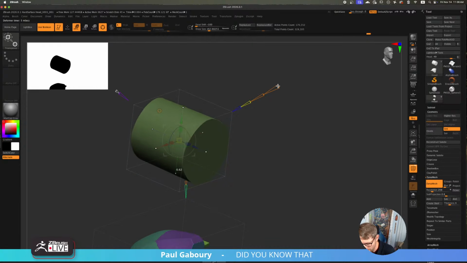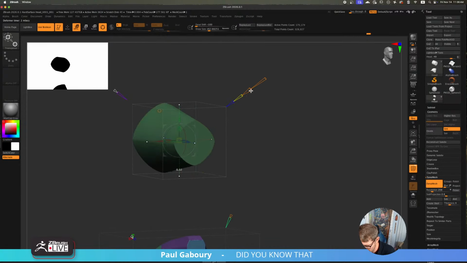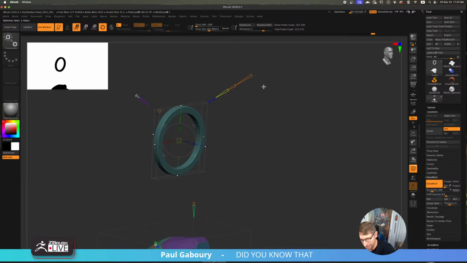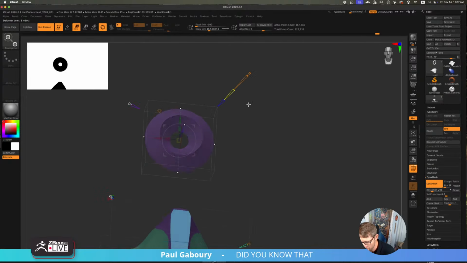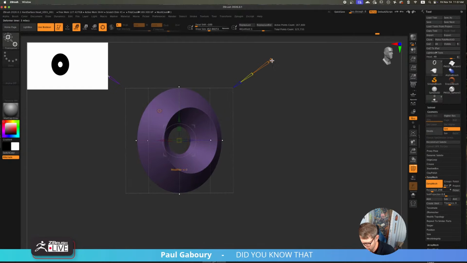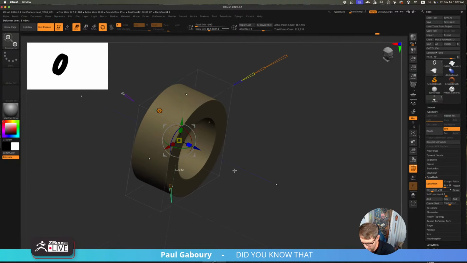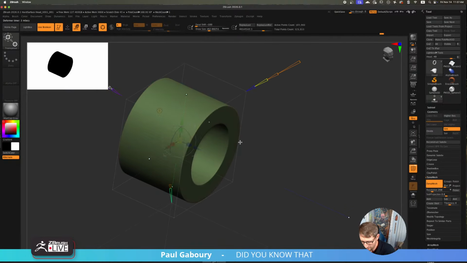Right? Is what direction do you want this to go? Do you want something like this? And then you want it to taper. Okay, that's what this is. And then there's a fourth type, which you guys can clearly see what this is. It's a torus. Okay, so then this is saying, well, do you want a torus to have a large opening in the middle? Do you want it to kind of be more of a donut shape? Or do you want it to be like, I use this one a lot, right? Something like this. Or do you want to be more of a donut or go the other direction where it's a cylinder in essence with a hole in the center of it? And then the width, I just do this to change the width, right?